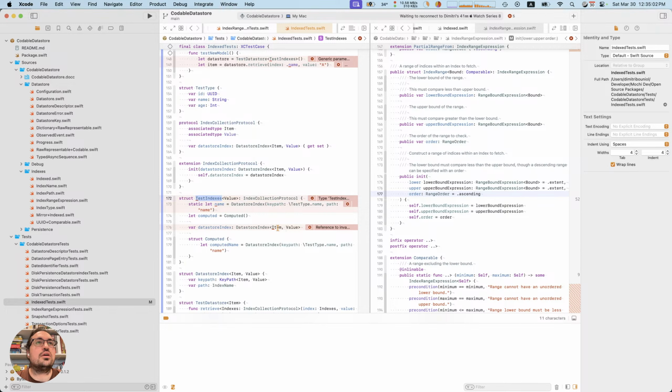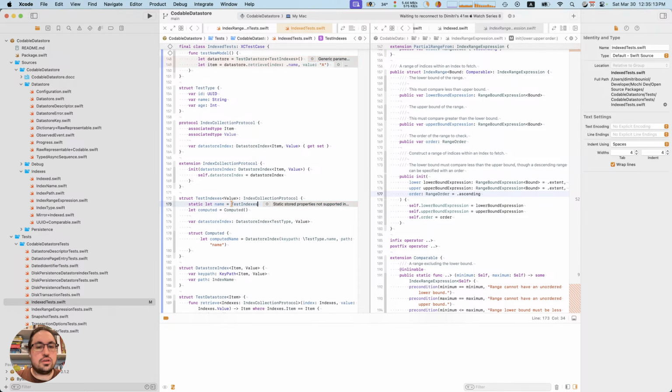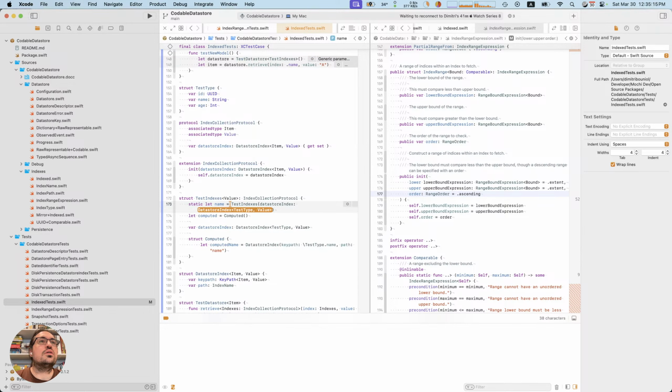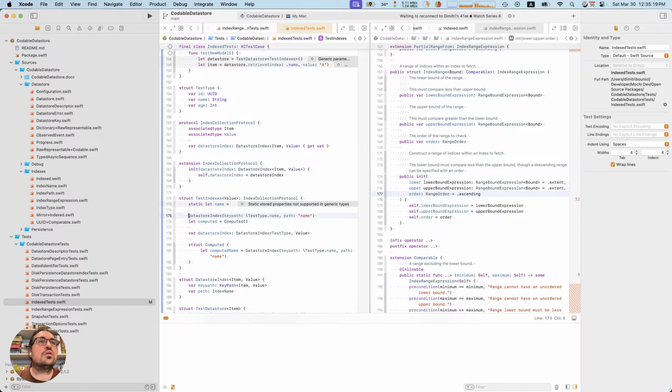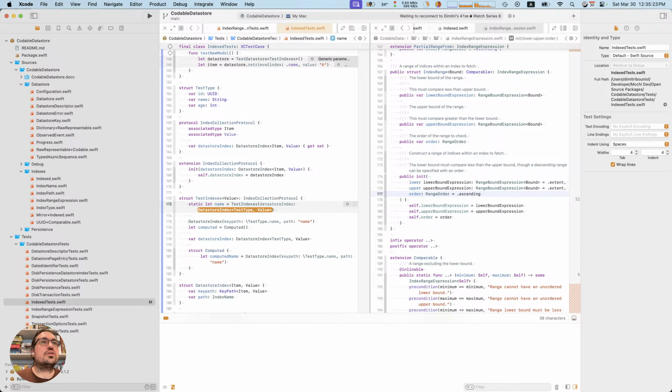It is tied to a specific type. And then when we create one, we're basically saying that this, we're initializing it with this.